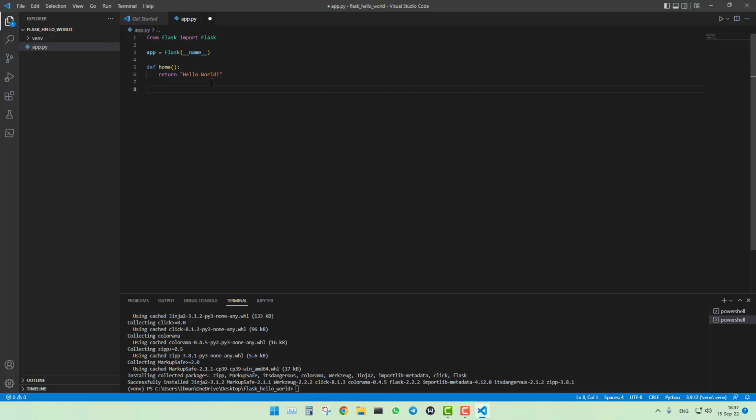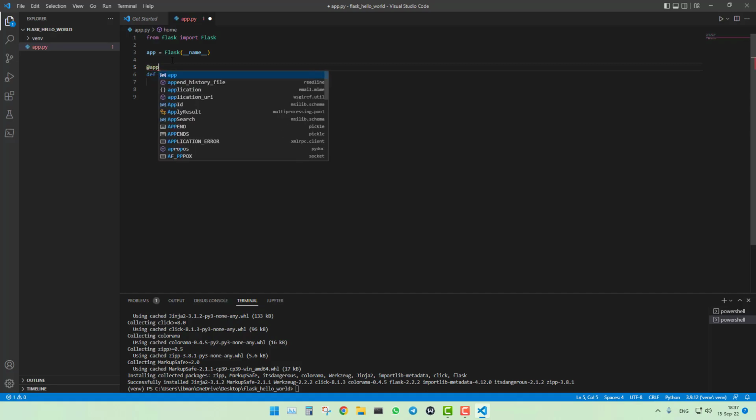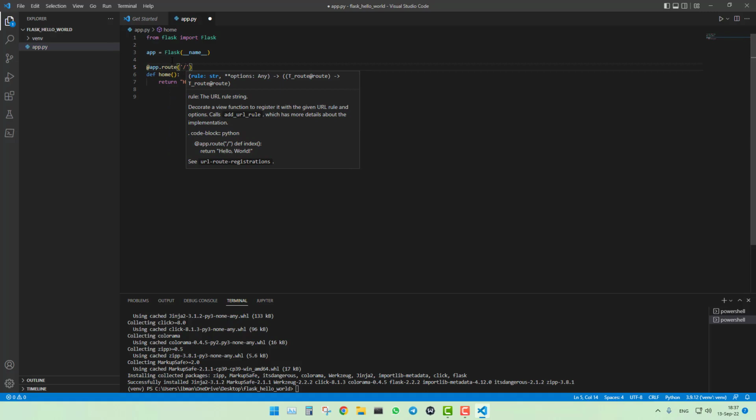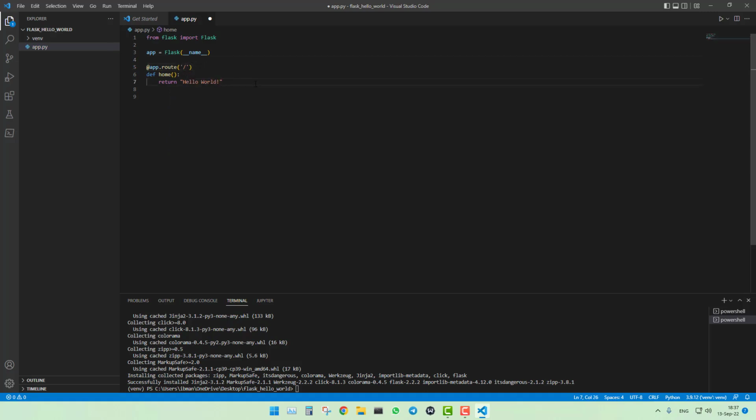Okay, so how do we tell Flask that we need this function to run when we are in our home? Simply we use the decorator app.route with just a slash. This is for your home,